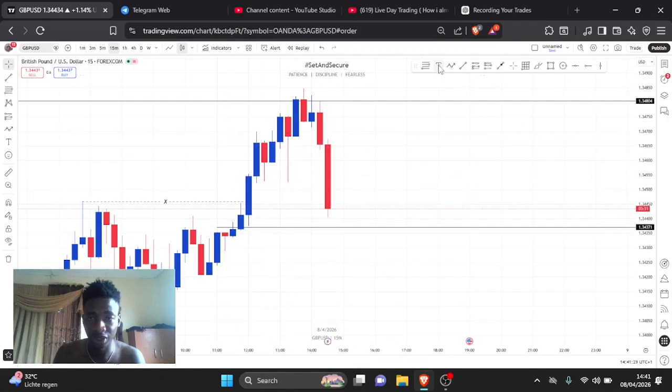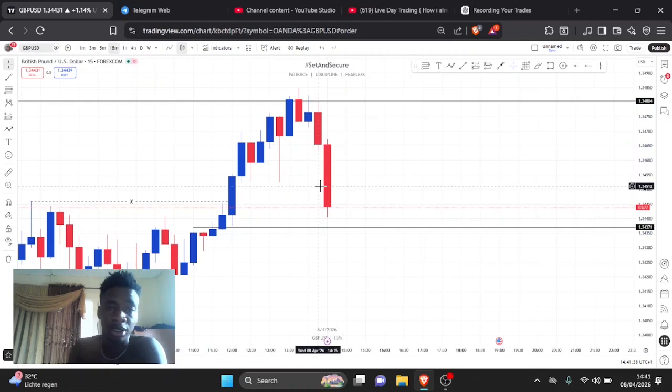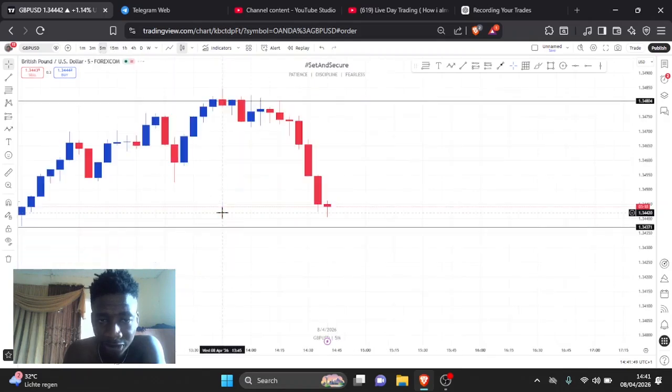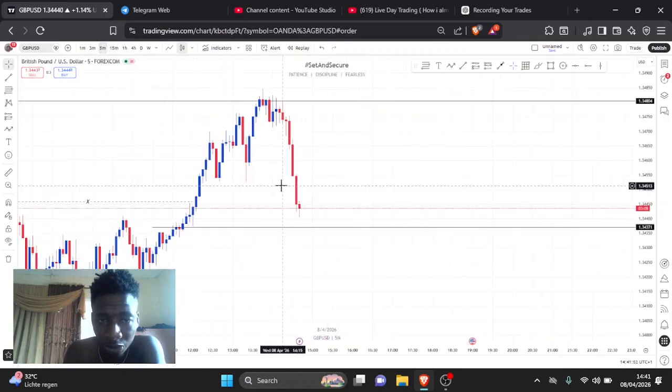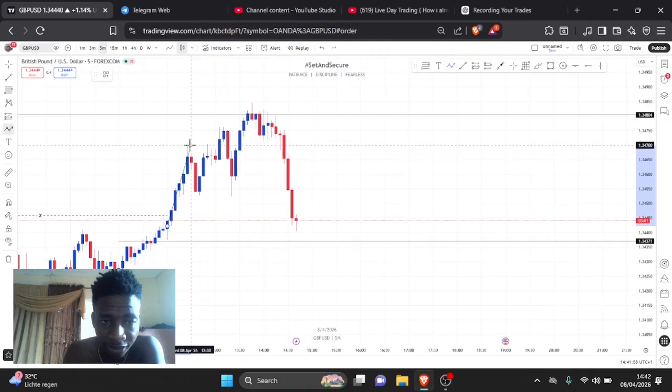So what do we have here? We have this. I'm not going to count this as an aggressive break because we have a bullish candle right here. Let's go to the 5 minutes to see if there's an aggressive break. Oh, we got an aggressive break. In 5 minutes, we got an aggressive break on 5 minutes. As you can see,